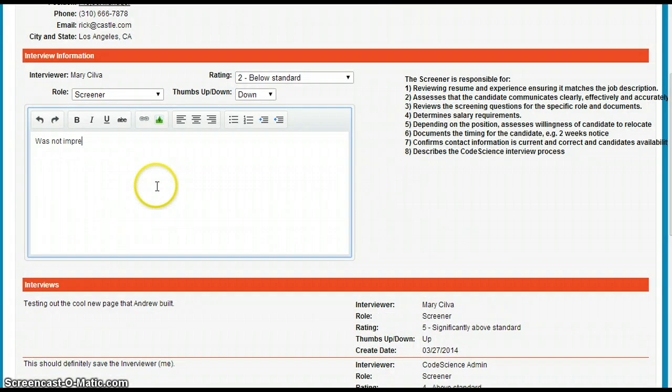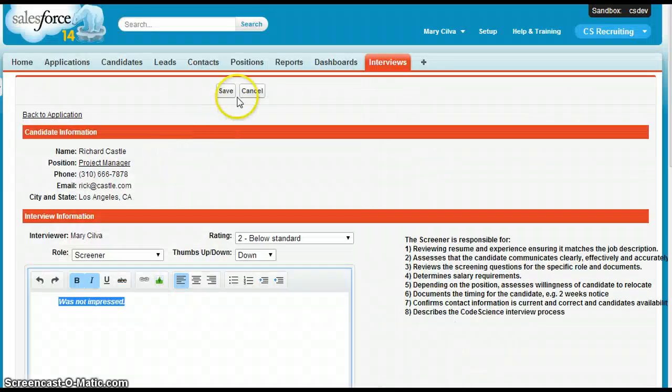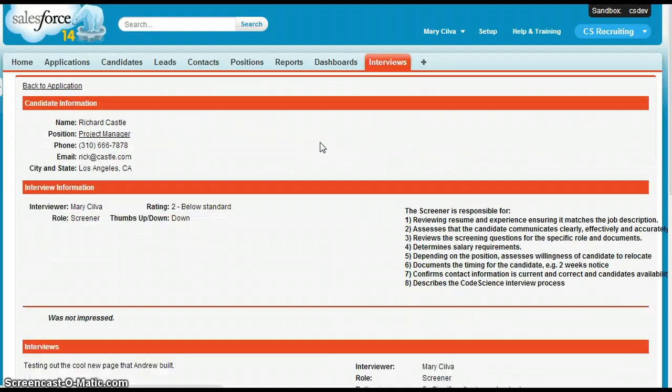So we can again go back up here. I can bold it, italicize it, and indent it if I want to, and then I can save the record. And when I go back to the application,